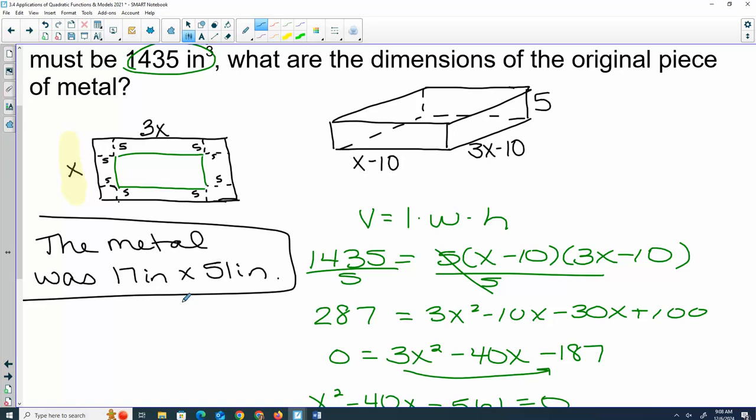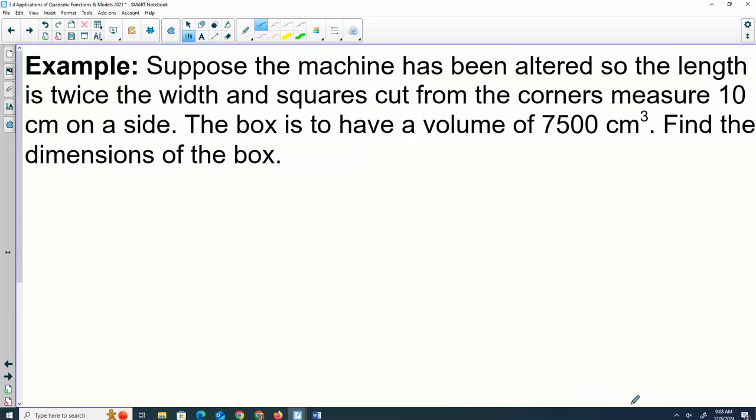I want to put another one up here and see if you guys can set it up. So it's very similar. Take time to read it and see if you can draw the. Okay, so what we know, we have the same type of scenario, but we're altering the original metal. So we have a rectangle, but now the length is twice the width. So do I know what my width is? No, that's X. My length is twice that, so it would be